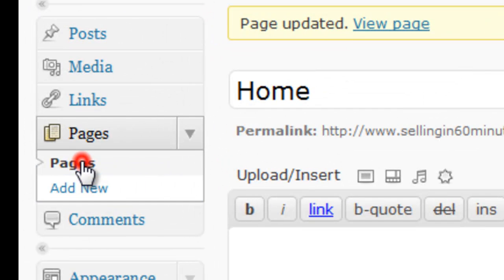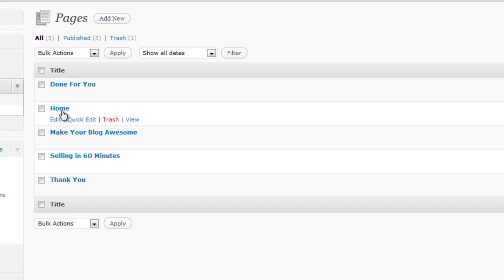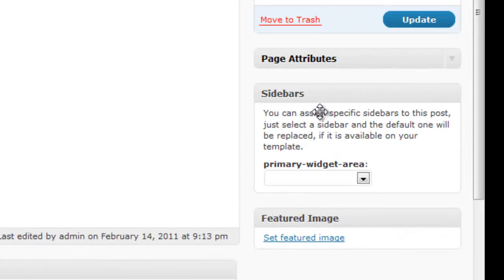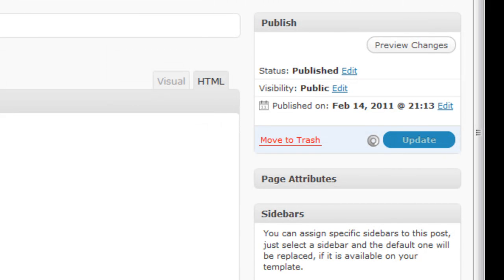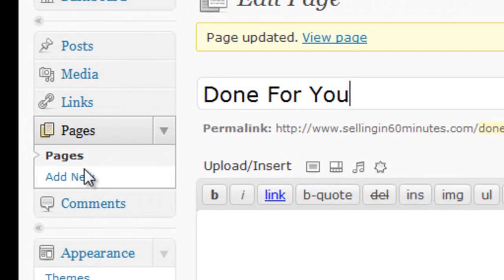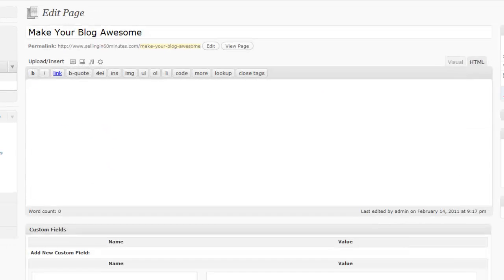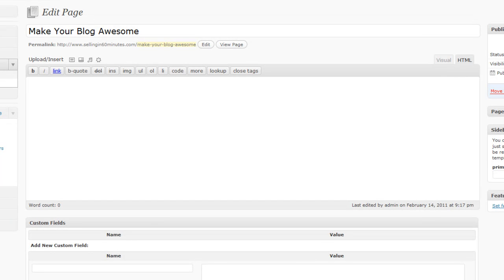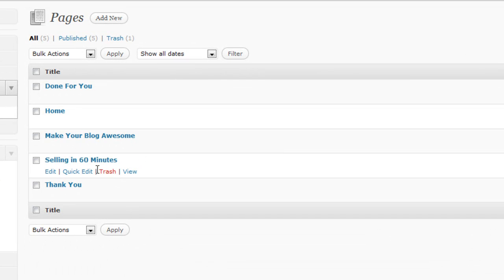We're going to go back to pages, and we are going to do this same thing for all of these pages, right? So we've already done home. Let's go to done for you, and let's set this to selling in 60. I think that's probably good for that one. So we've saved that. We're going to go back to pages. Make your blog awesome, actually I guess we didn't need to go in there because it's already default set to the primary widget area, so we'll just go back to pages without editing anything on that. And selling in 60 minutes we do want to change,